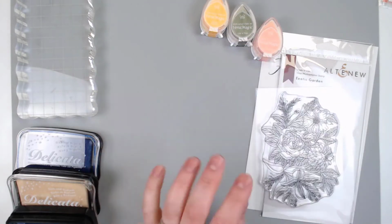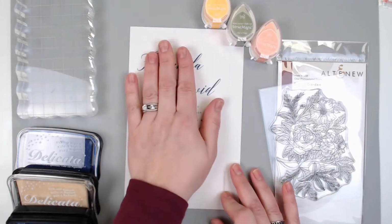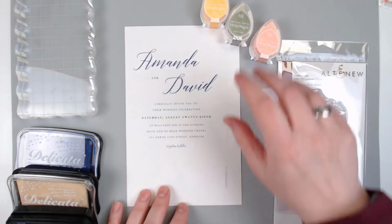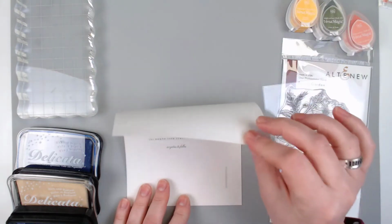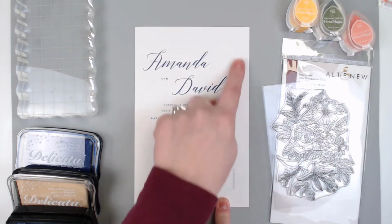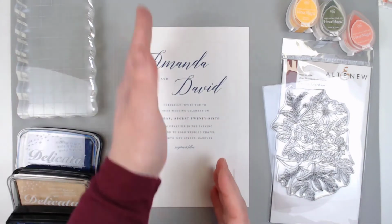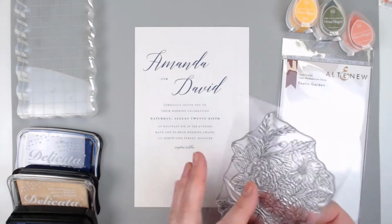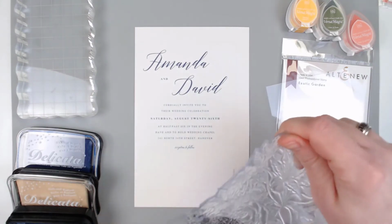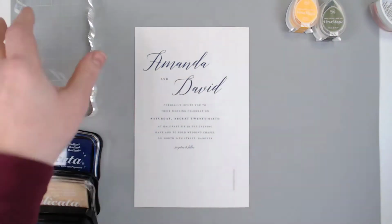So this time I printed on some 98-pound mixed media paper because I am going to be doing some watercoloring. It's thin enough that it went through my printer just fine, and I left my cut borders around here just to show you what that looks like. So I would have the second one over here and just cut them right up the center, and I did that on purpose because when I stamp my image here, and this is Exotic Garden from Altenew,